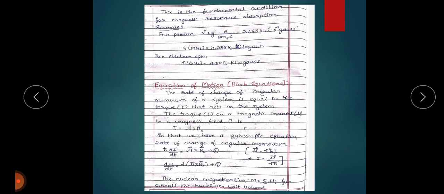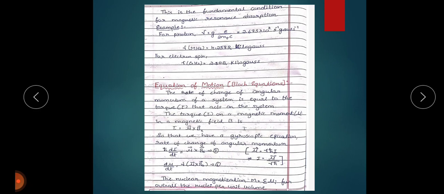How do we get equation number 6? We know the magnetic moment expression, vector mu is equal to nu into h cross into I. Differentiation of mu with respect to t, that is d mu by dt, is equal to nu into h cross into dI by dt. Here h cross into dI by dt is taken as mu into vector BA. Then substituting the value of h cross into dI by dt in this expression, we get d mu by dt as nu into mu into BA vector. This is taken as equation number 6.